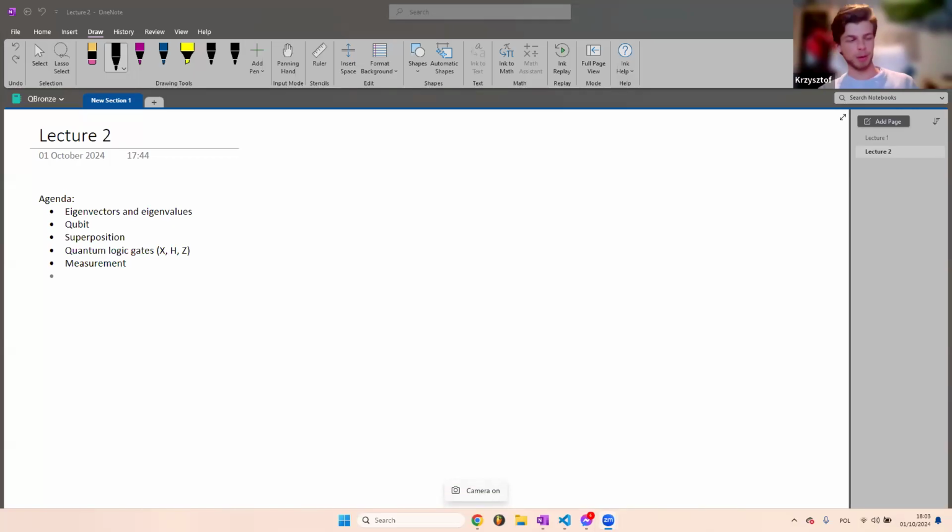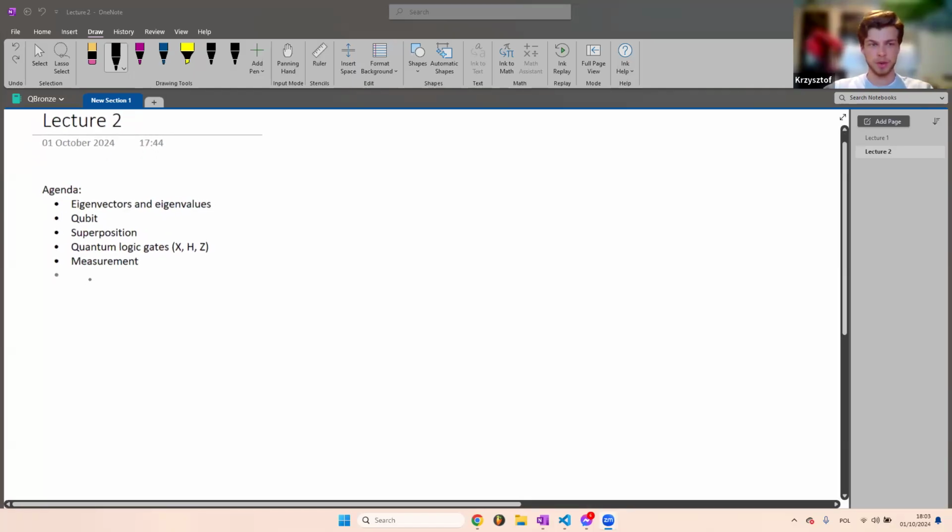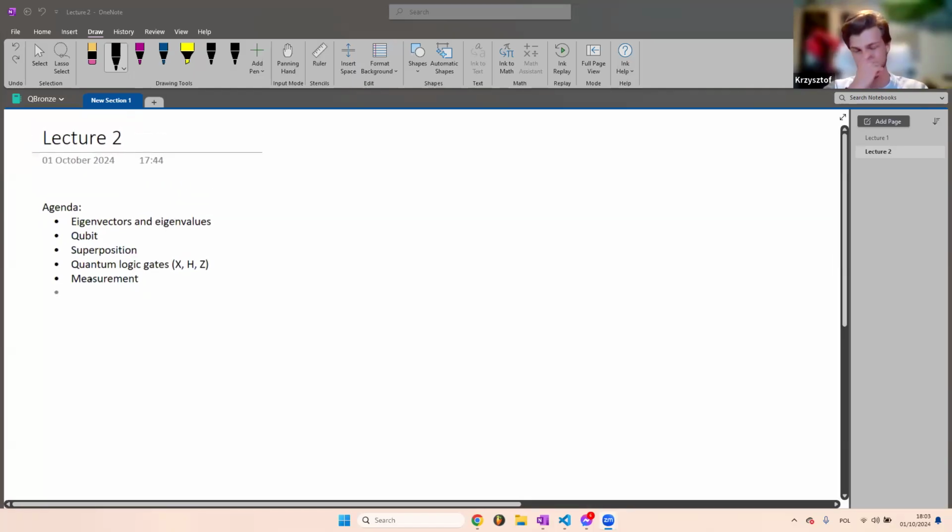Okay, so hello everyone. I hope you successfully completed yesterday's notebooks because I couldn't see many questions, and I hope you understand the basics of probabilities and linear algebra, because today we're going to rely more on those topics covered yesterday. So, continuing with math, I want to introduce the concepts of eigenvectors and eigenvalues because I